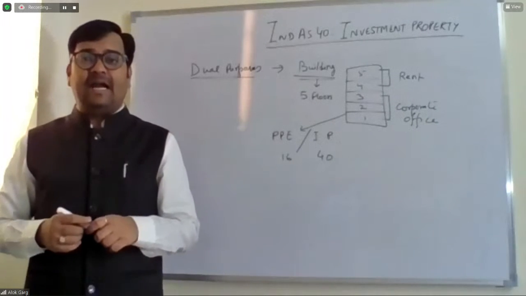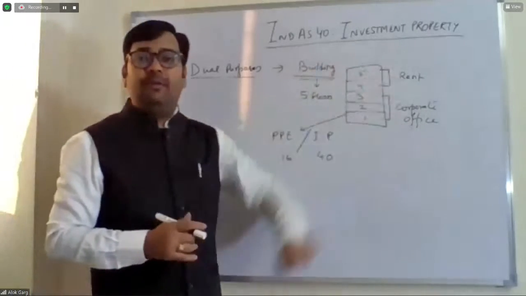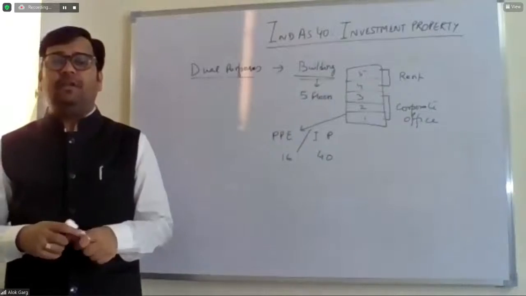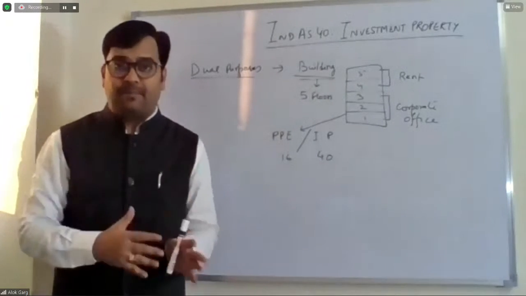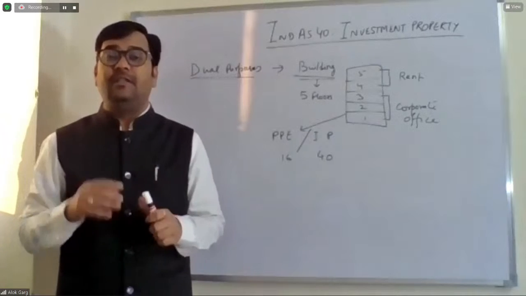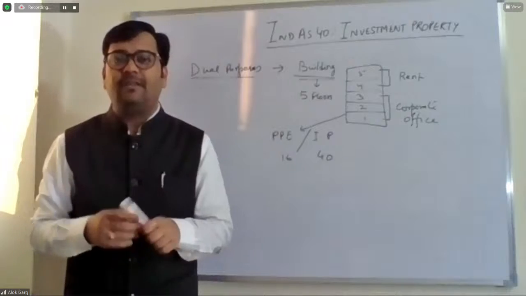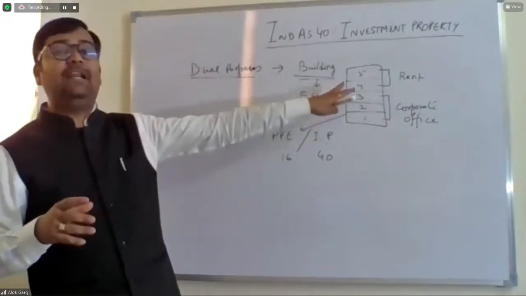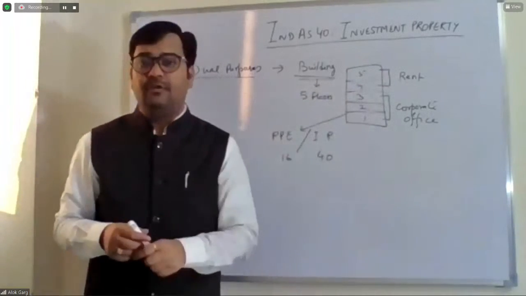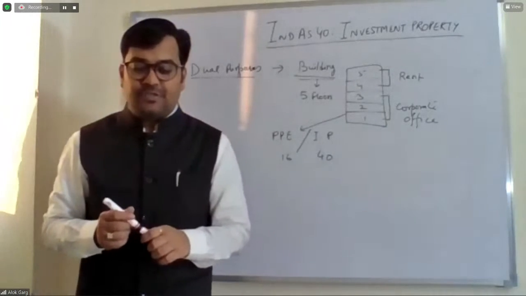So the standard says that if a land and building is held for dual purposes, then you need to see whether the company is able to split the value of that particular asset or not. Okay. What does it mean? It means that you need to check